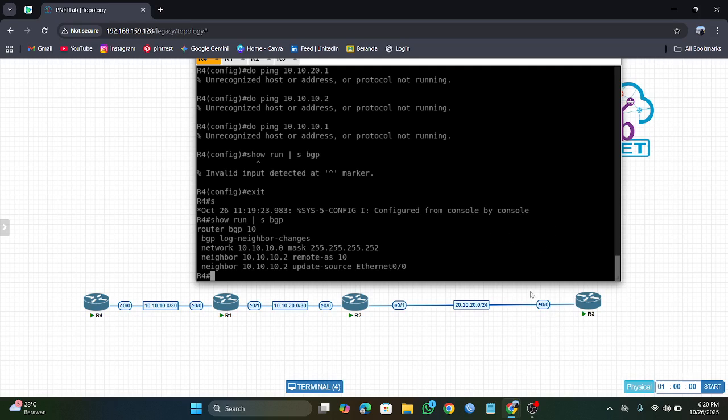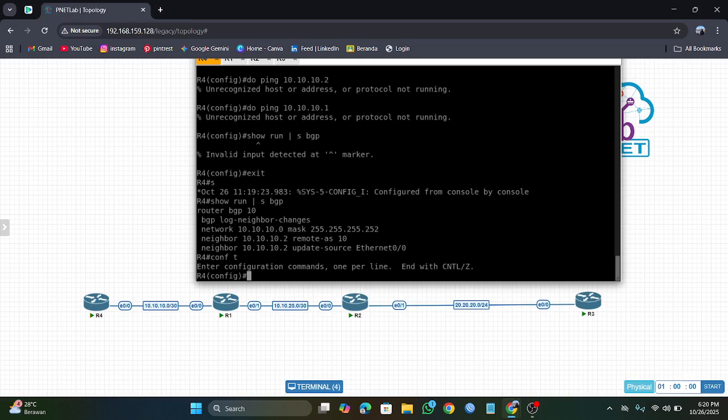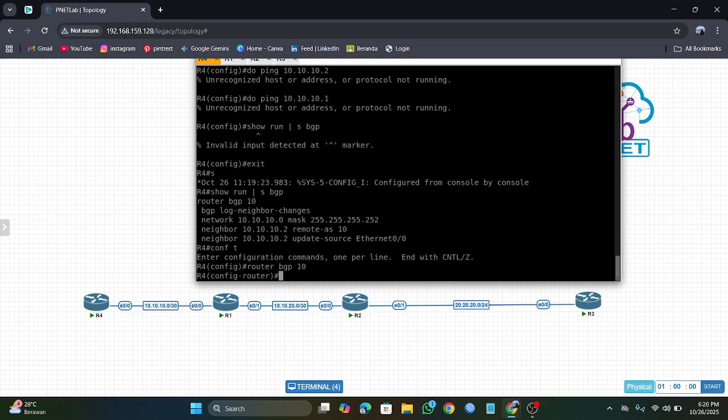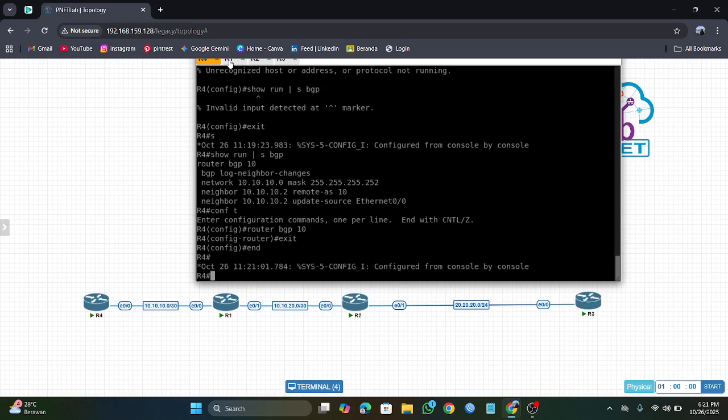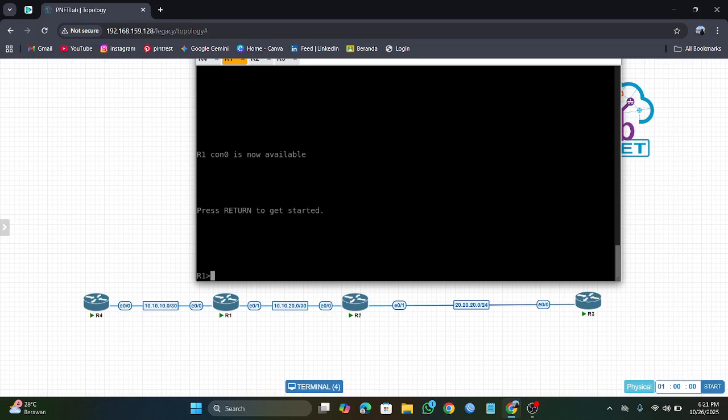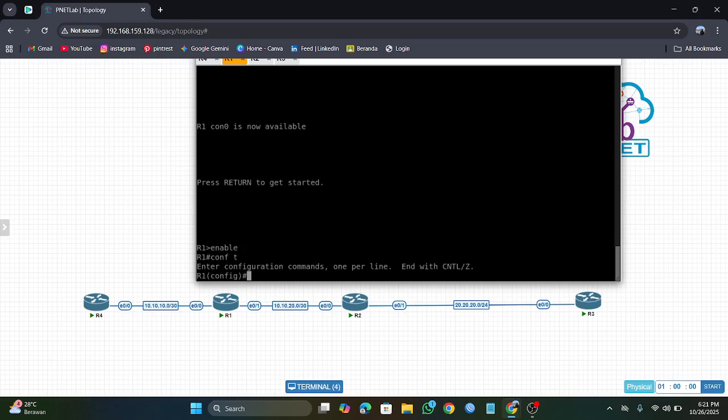Okay, let's move on to level 3. You tap router BGP 10. Sorry guys. Router BGP 10.